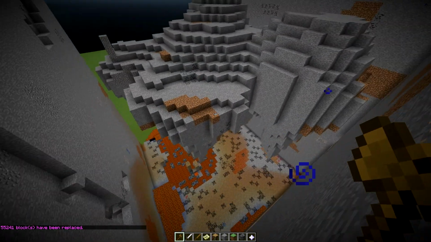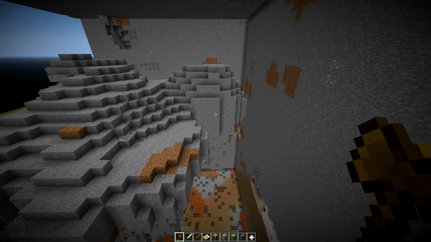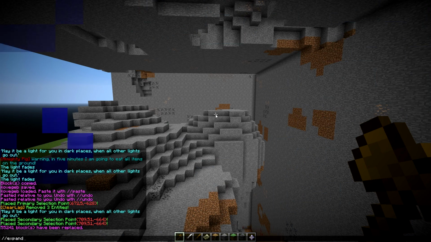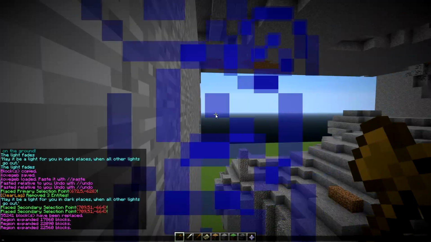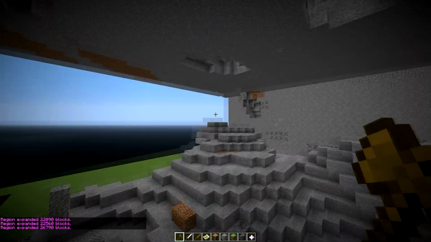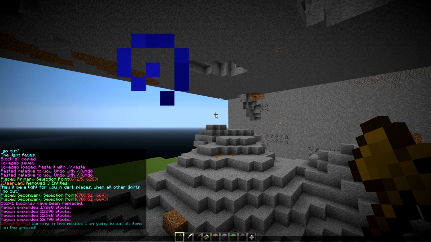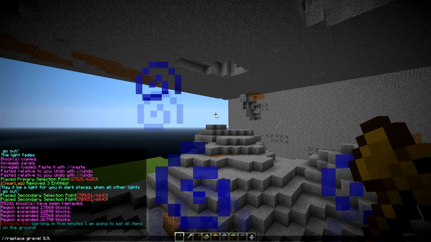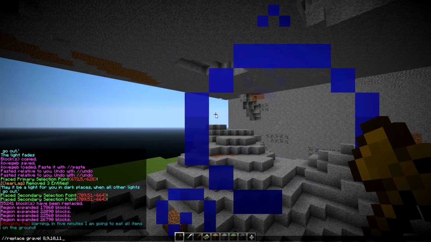Now is also a good time to expand your selection a few blocks in every direction. So //expand, I'm going to call it 10, and I just move around. Once you've expanded it a few blocks in every direction, you're going to //replace gravel, and then water and lava, which are going to be 8, 9, 10, and 11, so that you get all of it,